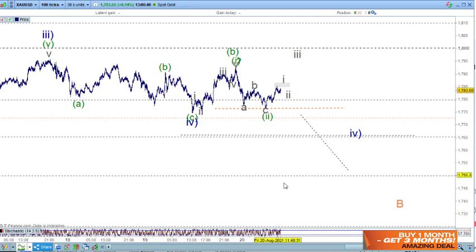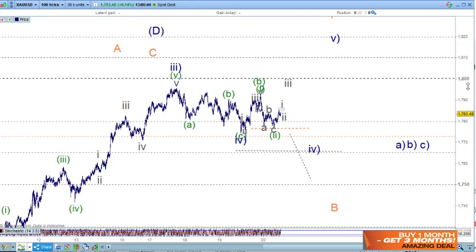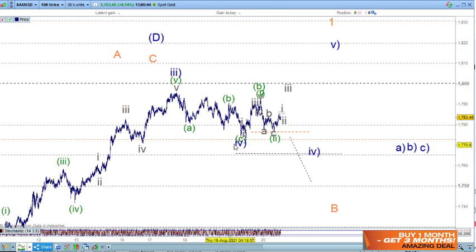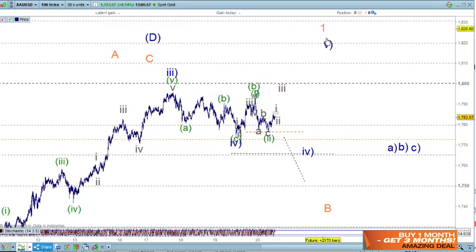Either way, it doesn't matter, but it would be nice to make our lives simple and have this as the wave 4 here, and then have 1, 2, 3, 4, 5 up here for wave 5 of wave 1 here, right? That would be nice to have all that there, because then we can just focus on the A, the B, and the C wave here for wave 2 at that point. Can we squeeze wave 2 in there without being...